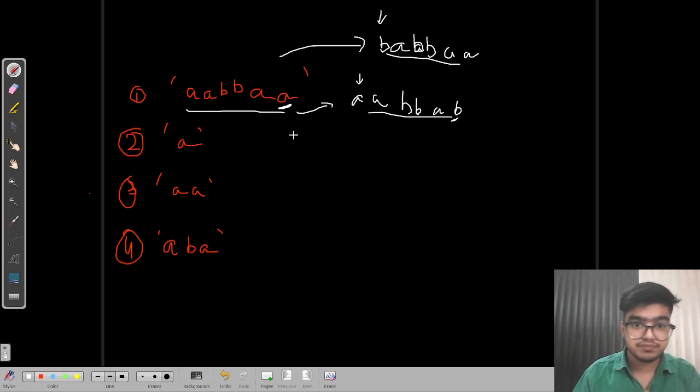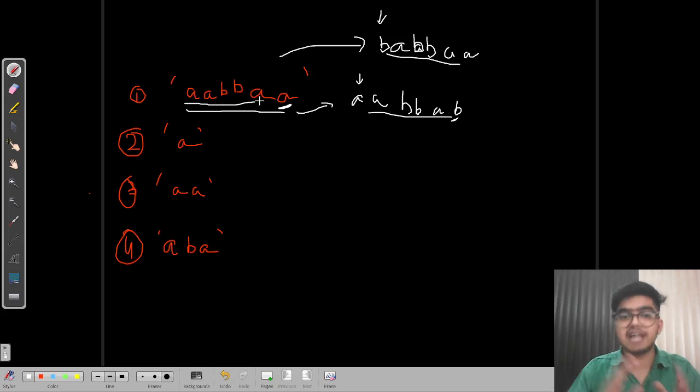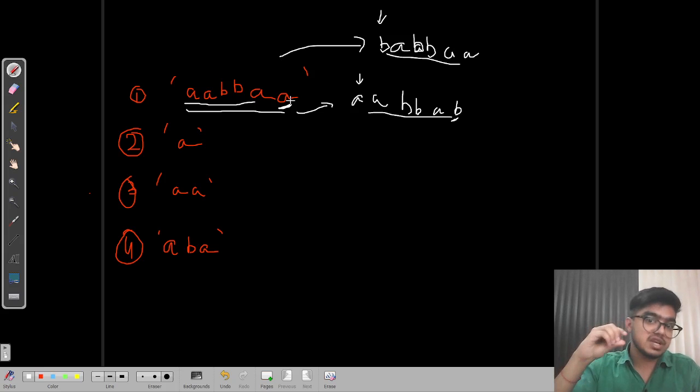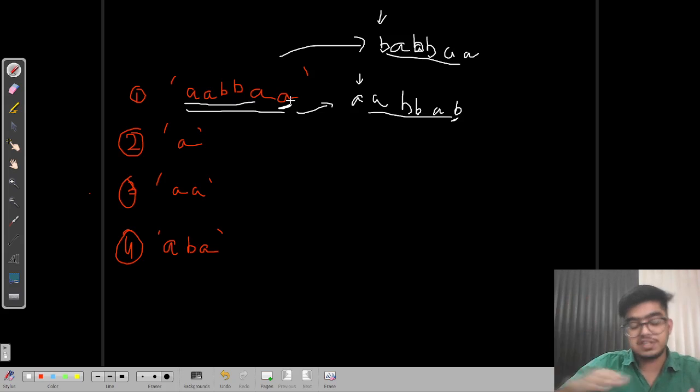Yes, because if we make changes in front, it makes the string lexicographically greater. But if we make the change in the last character, we can find the lexicographically smallest string. That is obvious, because the characters having a large ASCII value should be at the last. That is the main thing.